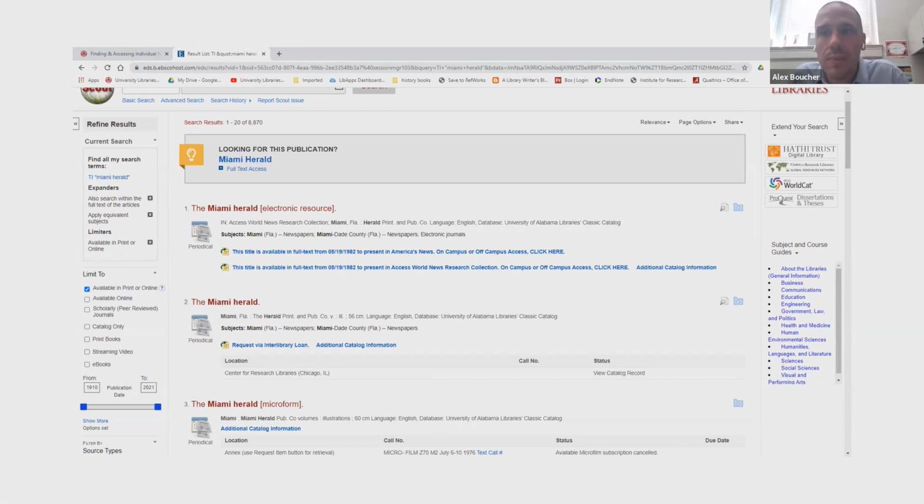If you aren't familiar with microfilm, to look at it, you have to have a microfilm reader, which we do. If you haven't used microfilm before, it's basically like a camera reel of pictures. In this case, pictures of newspaper pages.